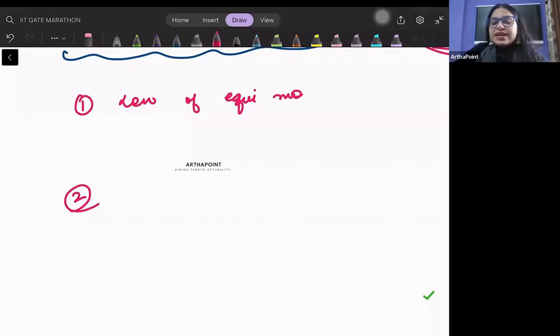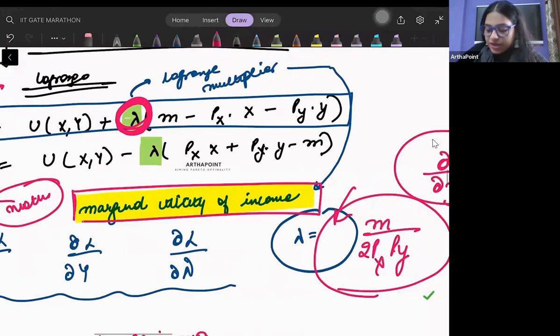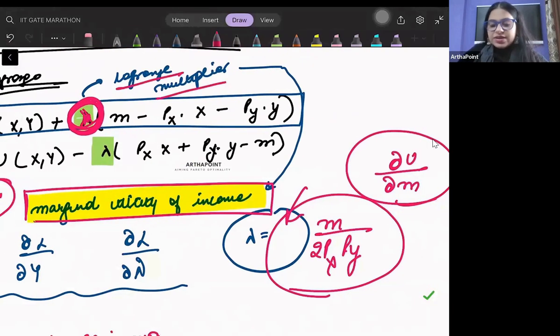हाँ बेटा, Lagrange नहीं शो कर रहा. Lagrange multiplier is showing marginal utility of money, not Lagrange. हाँ, Lagrange तो पूरा का पूरा, this entire equation is Lagrange, but this lambda, this is Lagrange multiplier, and this tells me the marginal utility of money. Okay,